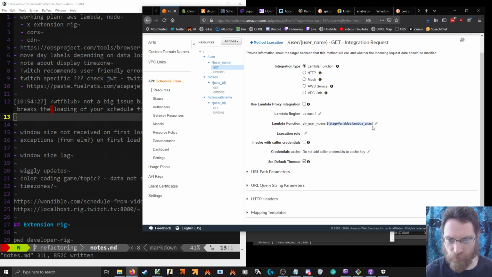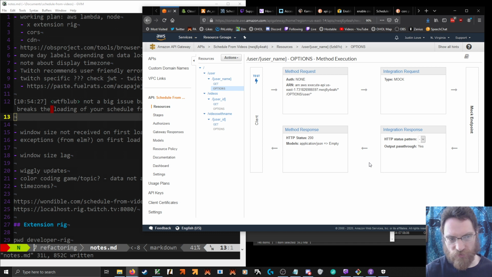So presumably, that would be what you would use for these. Now, we've got deployment latency and we've got possible browser caching.